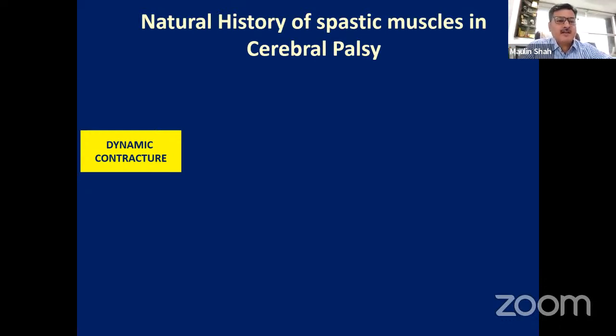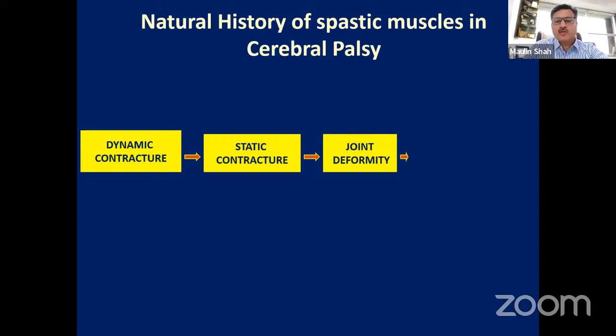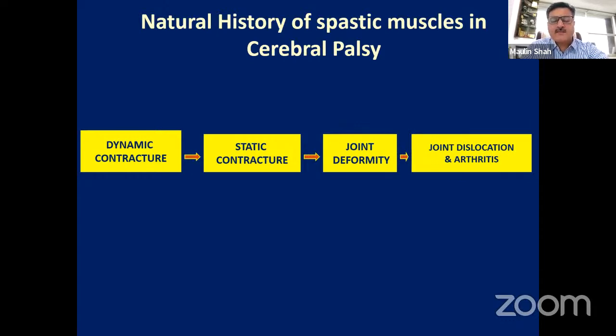Typically, the phase of dynamic contracture in extremity muscles lasts till the child turns about 7 to 8 years old. After that, the muscles are tight and they remain short as well. This phase of spasticity is termed static contracture. If these contractures are not dealt with in time, they induce joint deformity. Furthermore, if the joint deformity is not treated, it will lead to joint dislocations and arthritis. So this is the natural history of spasticity in cerebral palsy, and we have to react at a particular time